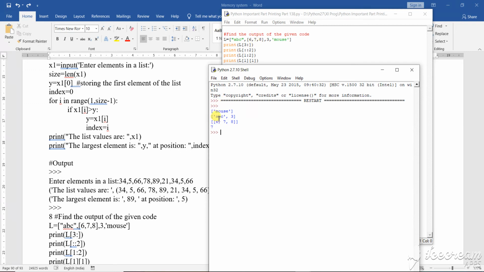So this is how you can identify the position, at which position what value you want to print. You can do that with this particular type of declaration.